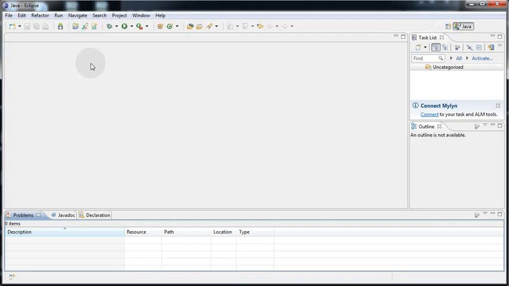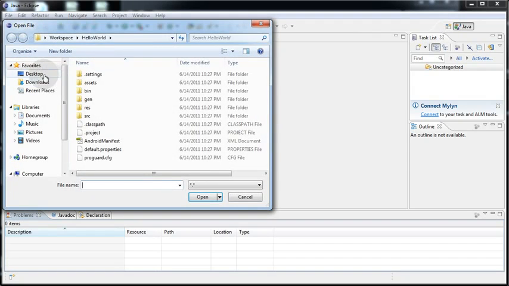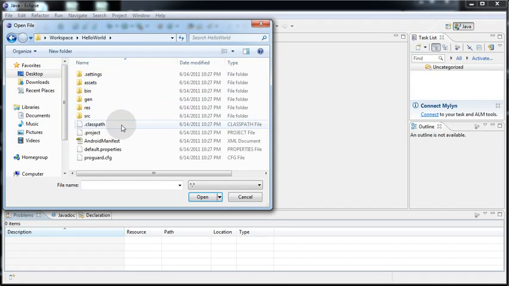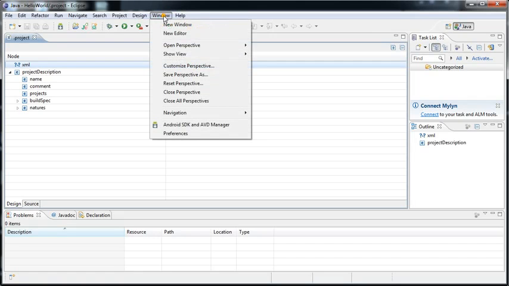At any point, if you happen to close Eclipse, or you close that little welcome tab with the X, and you don't see your project behind that welcome screen, you can just go to File, Open File, and go to your desktop where you had the workspace folder. Click Hello World, or whatever package you're creating, and the .project file is the one you want to open. If you want to see the Project Explorer window on the left, you can go to Window, Show View,